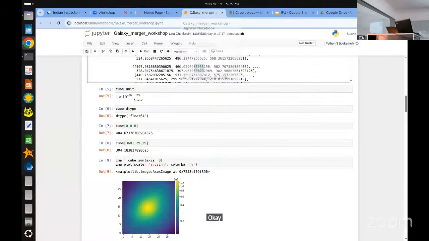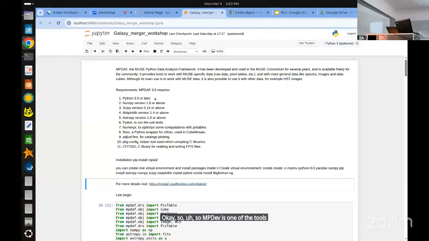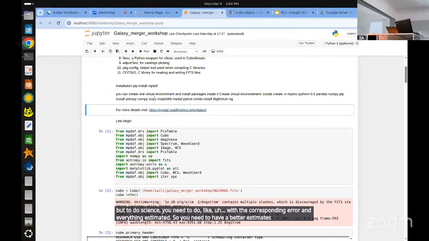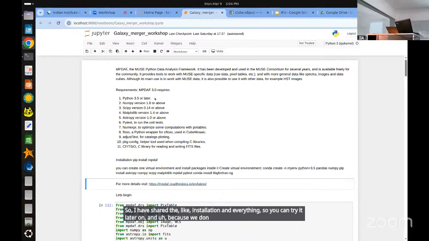Okay. So MPDAF is one of the tools to handle cube data in a scientific way. DS9 you can use just to visualize and understand the thing, but to do science you need to do it with corresponding error estimation and everything. So you need to have better estimates. So MPDAF is one of such tools. I have shared the installation and everything. You can try it later on, because we don't have that much time to go through any issues